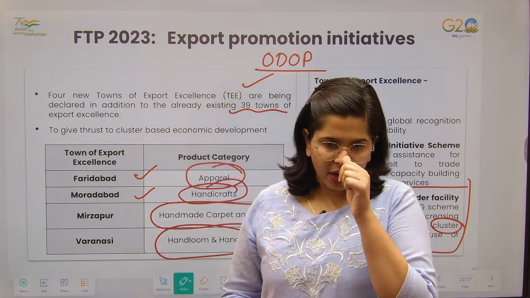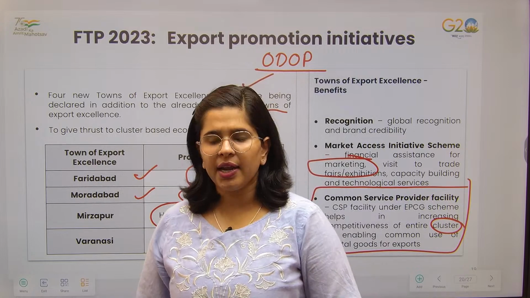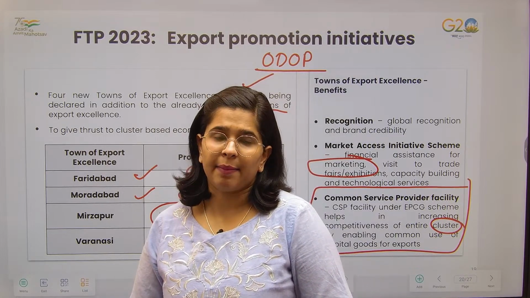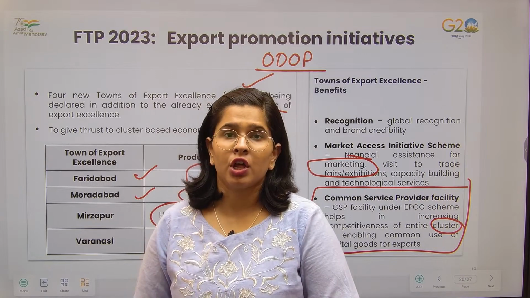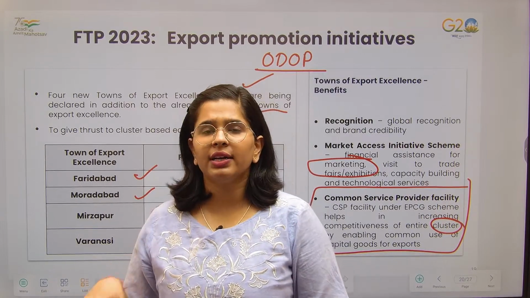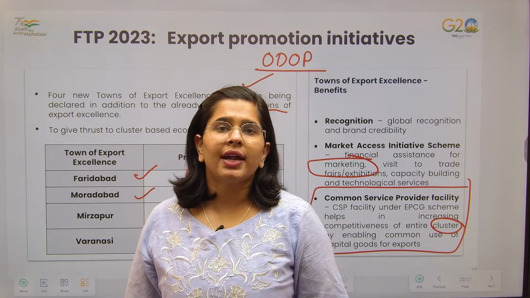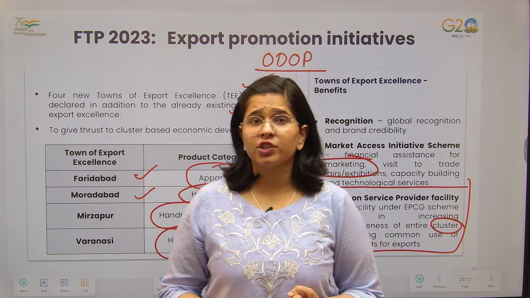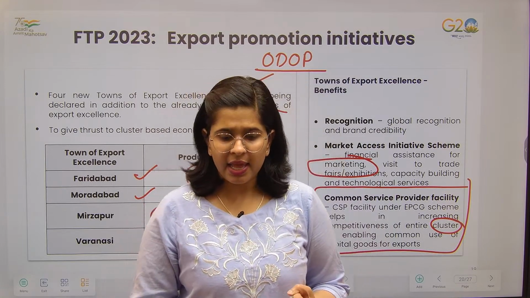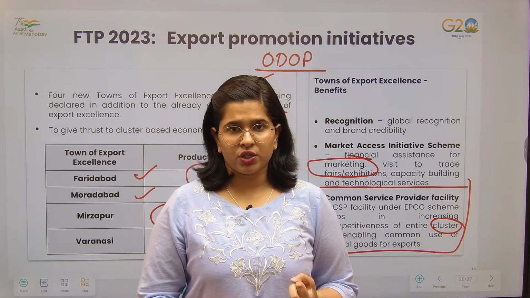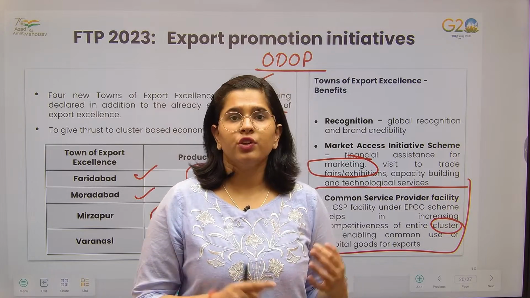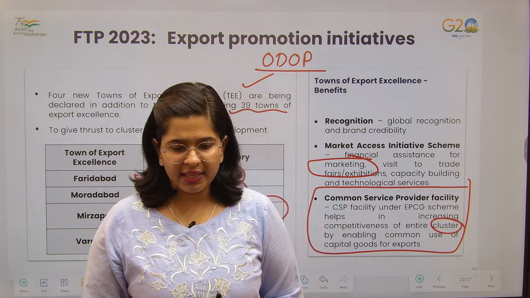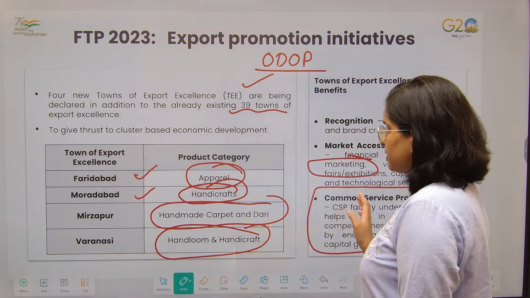So if you have ever heard about these parks, right, food parks are being established, technology parks are established, software parks are established. So in these kind of parks, what government actually does is they provide the common infrastructure. If I talk about physical infrastructure, it is there, electronic related infrastructure is there, connectivity is there, you just have to plug and play, fine. So these kinds of things have been facilitated for this also.